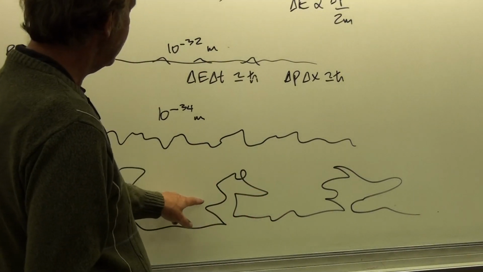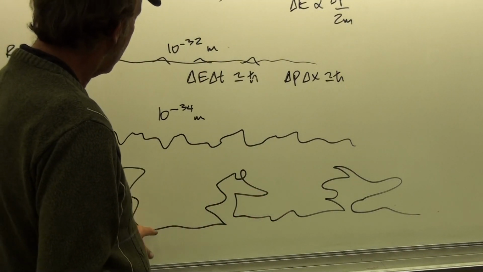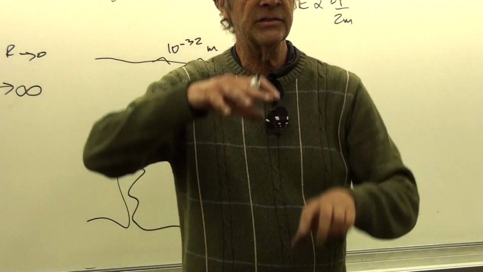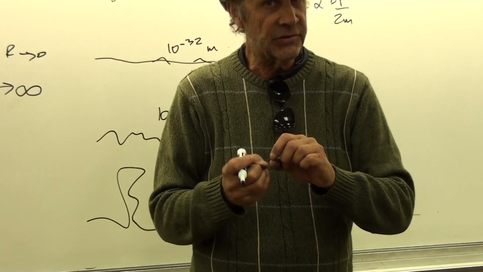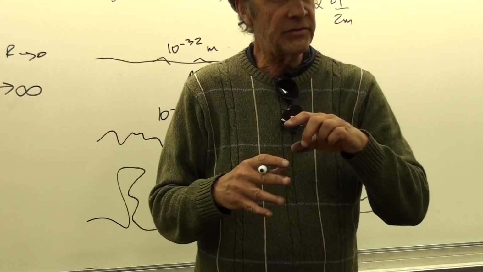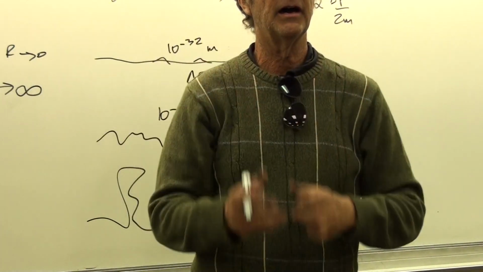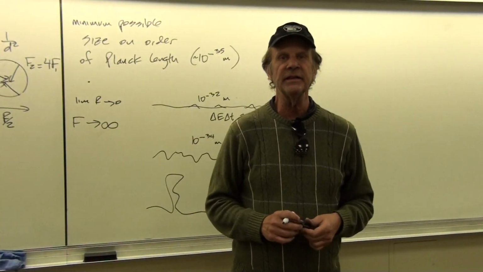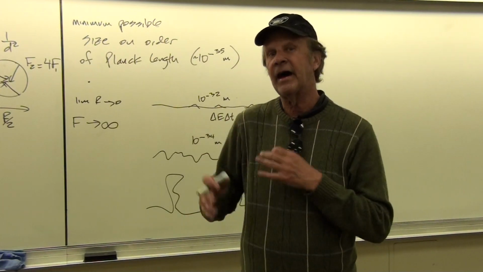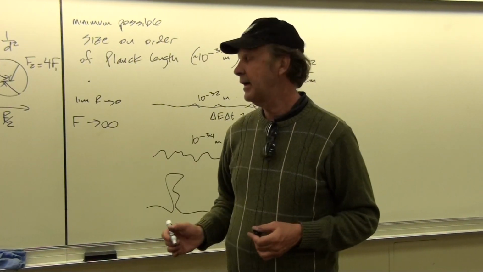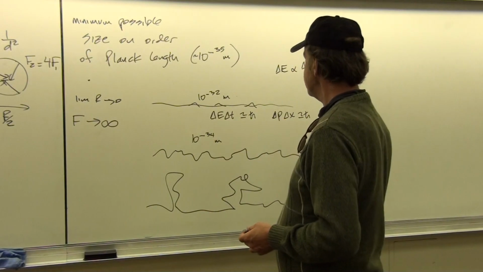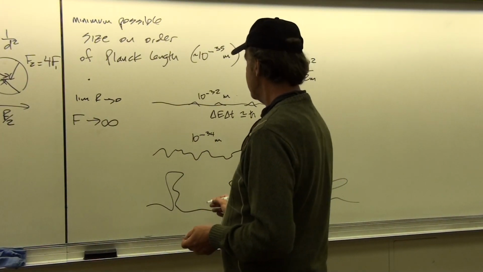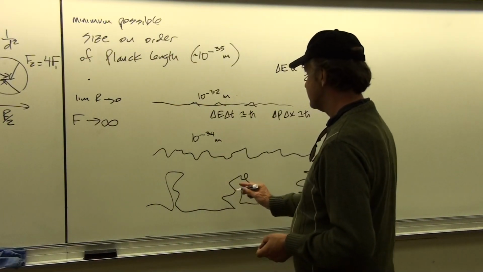But you can't really get any smaller than that, because if you did, then the fluctuations in space would be so small that the energy content would be so much that space and time would just be completely turned inside out, back around on itself. And so this is thought to be the limit of distance, the Planck length. And so at that length, it's not that distance is 0,